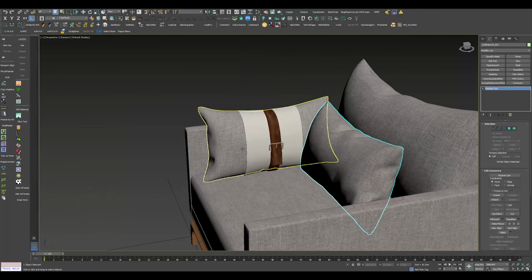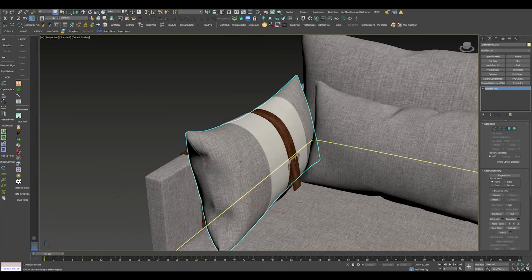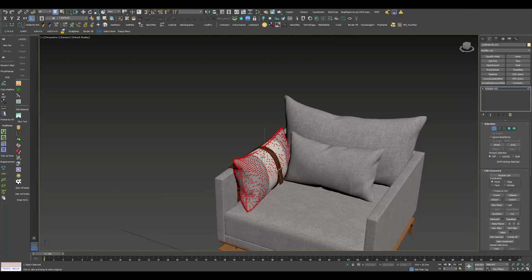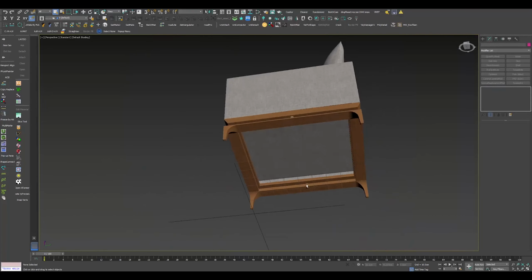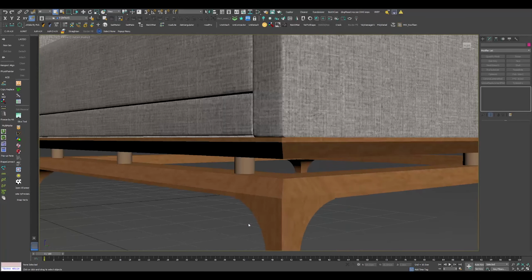Perfect. And for that one, perfect. So I assume this model is great. Now I want to change the texture, or at least improve the texture, because it looks a little bit